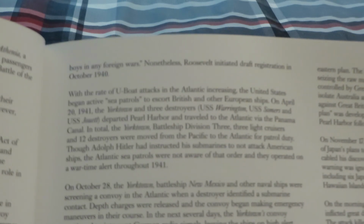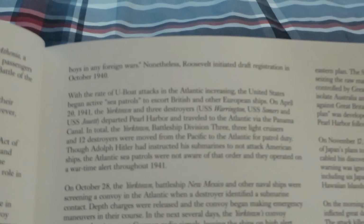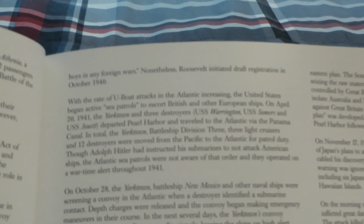The Yorktown and 3 destroyers, USS Yorktown, USS Somers, and USS Janet, departed Pearl Harbor and traveled to the Atlantic via the Panama Canal. In total, the Yorktown, a battleship division, 3 light cruisers, and 12 destroyers were moved from the Pacific to the Atlantic for patrol duty. Though Adolf Hitler had instructed his submarines to not attack any American ships, the Atlantic Sea Patrol